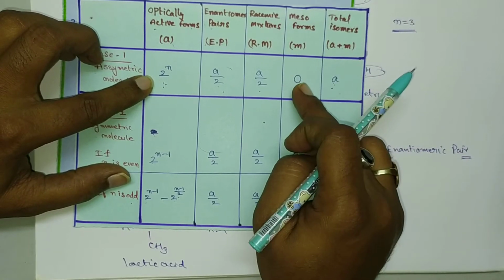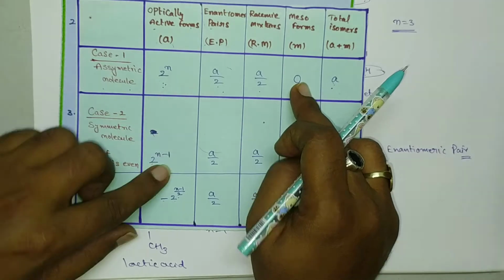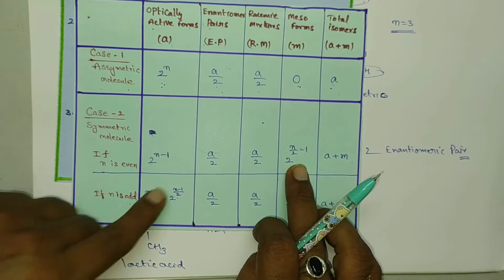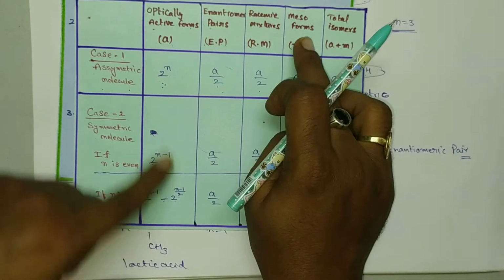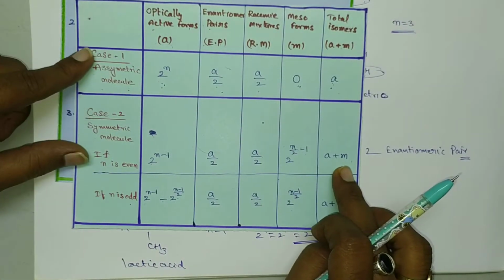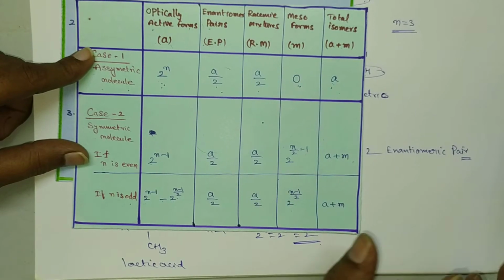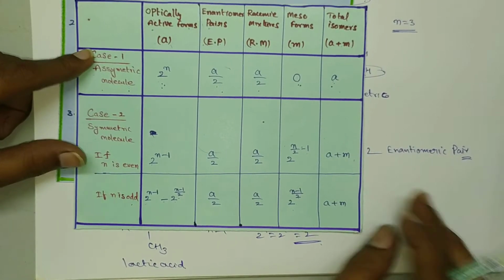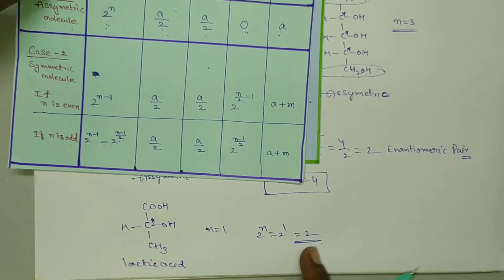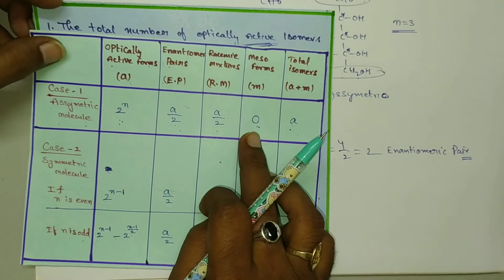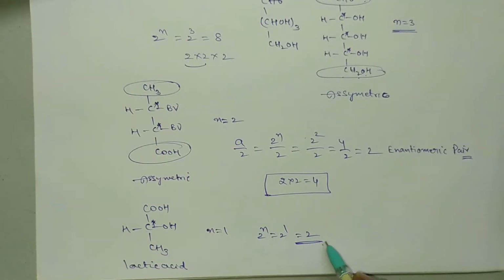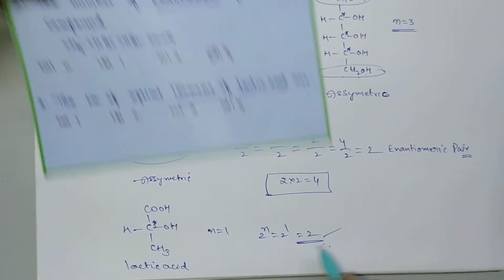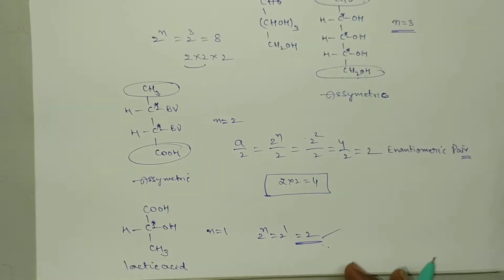If there are any mesoforms, then we have to add the optically active forms and mesoforms. So if the molecule is a symmetric molecule, then we have to go for the total number of A and M, that is, total isomers. Observe carefully, the total isomers are different from optically active forms. In this situation both are the same, because there are no mesoforms. Okay, clear. And next one, here the answer is 2, that is B. And next one,